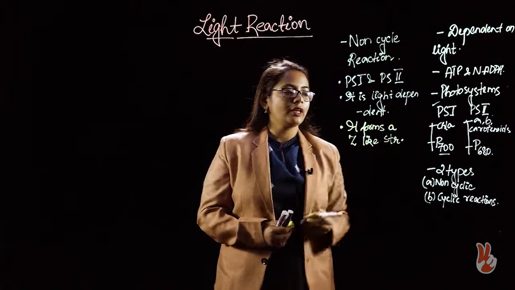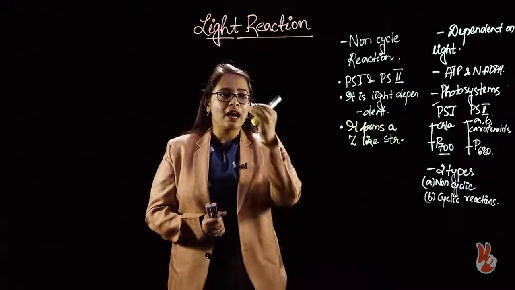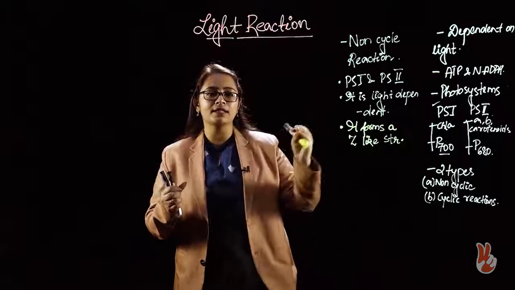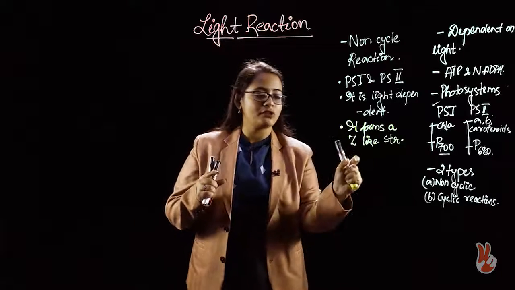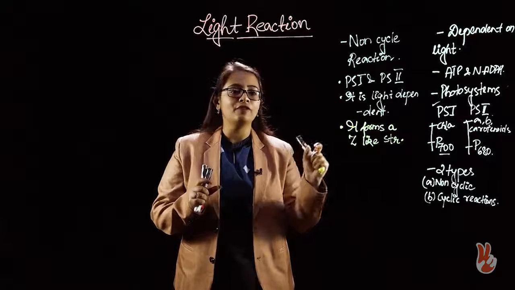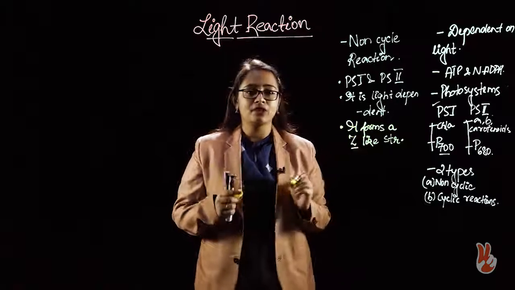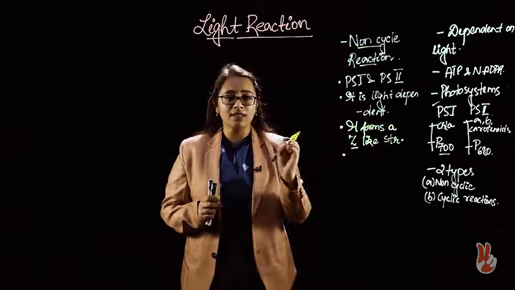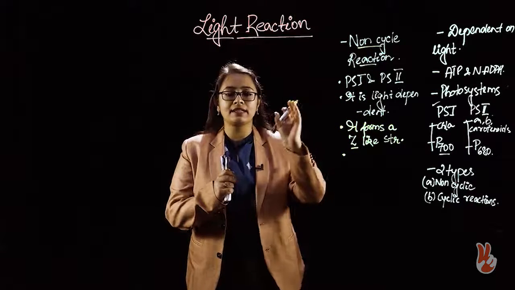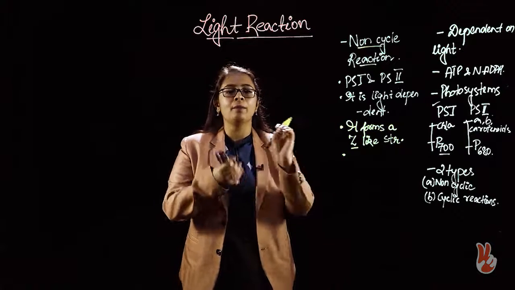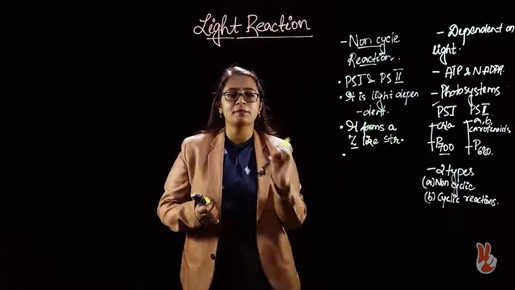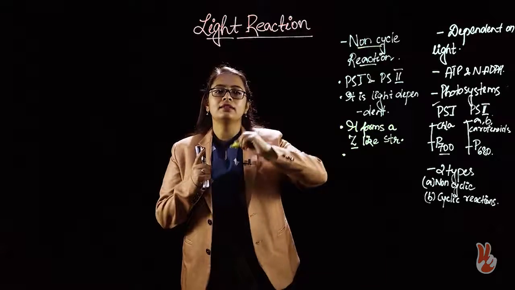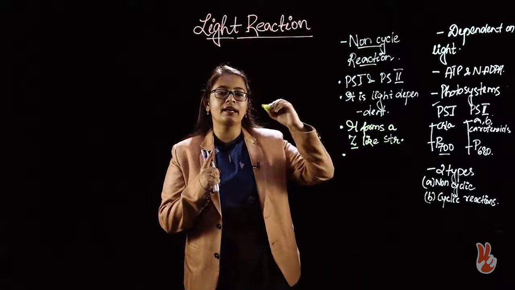structure. Okay. So, when we will now see how the electron flow actually occurs, at the end you can see that it forms a somewhat Z-like structure, or it forms a structure which will depict the alphabet of Z. So, it forms a Z-like structure. And this whole cycle is known as non-cyclic reaction because the electron that is first excited, or that is first removed from the first molecule, does not come back to the same molecule. So, the diagram or the whole cycle looks like kind of a Z.